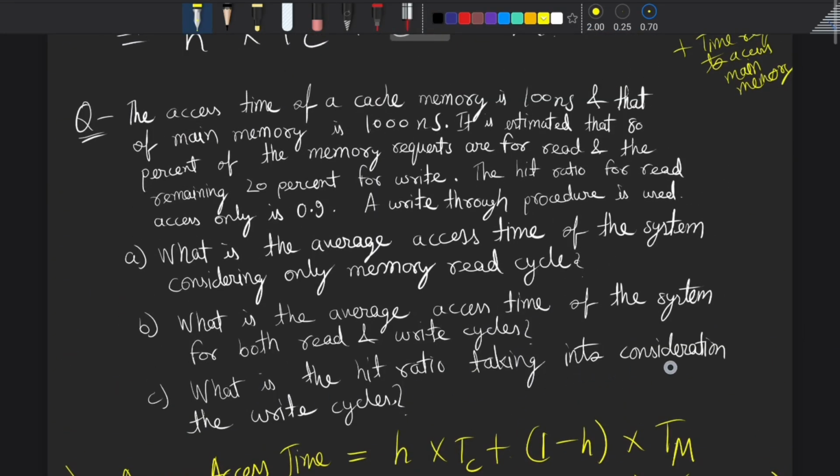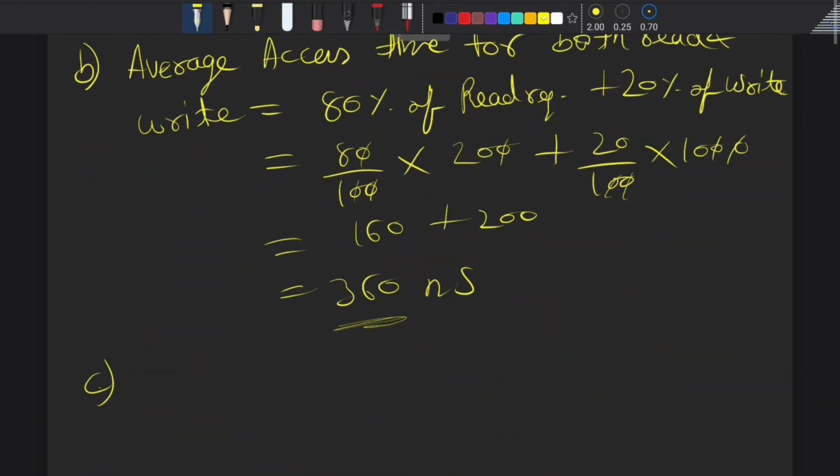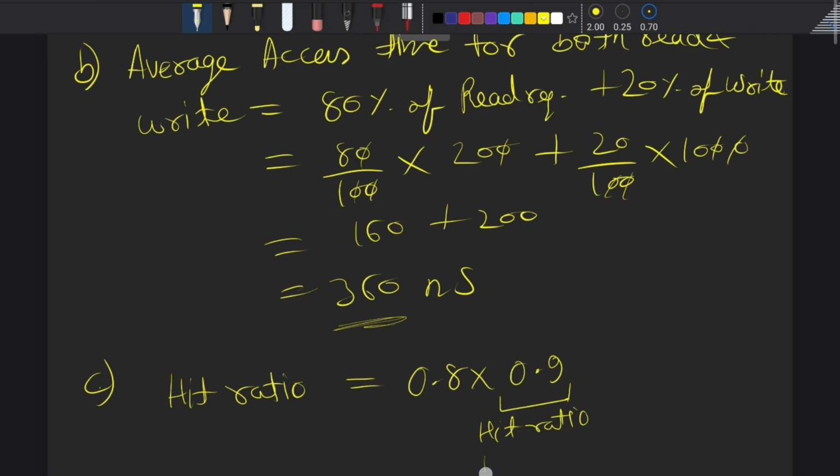Now we have to calculate what is the hit ratio taking into consideration the write cycles. So we were given the hit ratio for read cycles only. We have to calculate hit ratio for both read and write cycle. So here, as we have already seen that 80% of read requests and 20% of write requests are there, so we can simply write 0.8 into 0.9, that is hit ratio for read access,